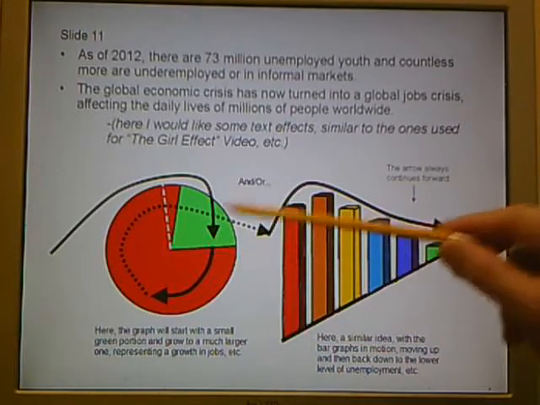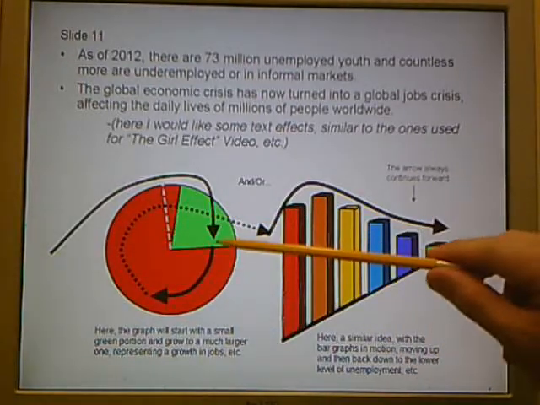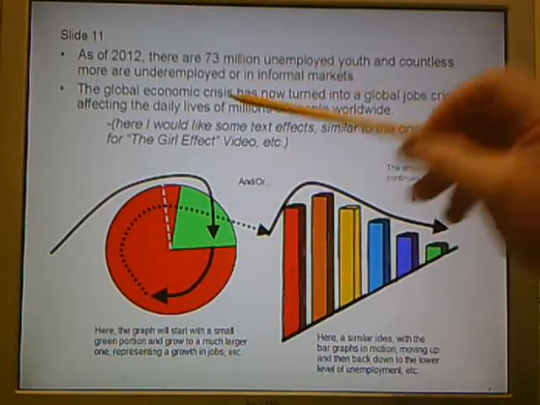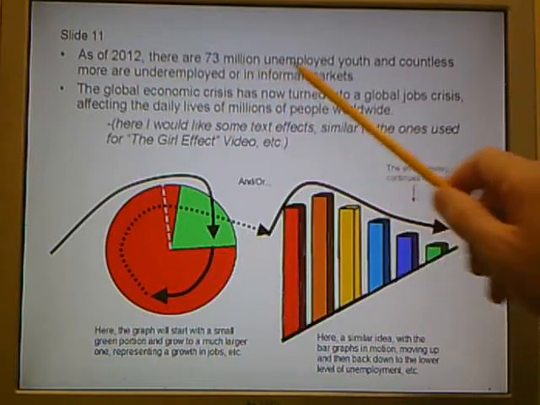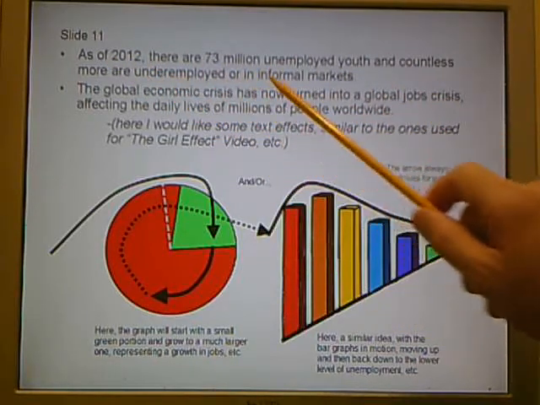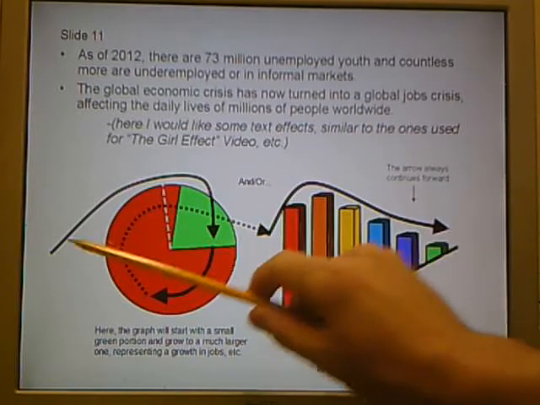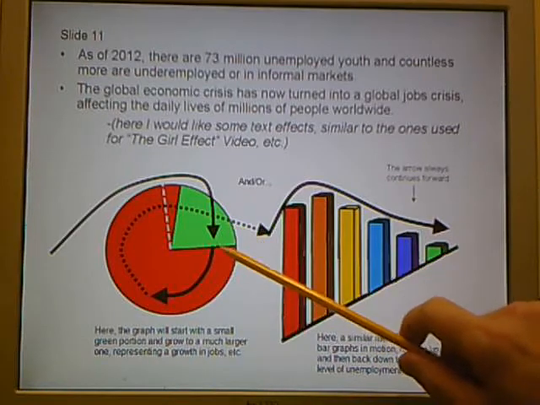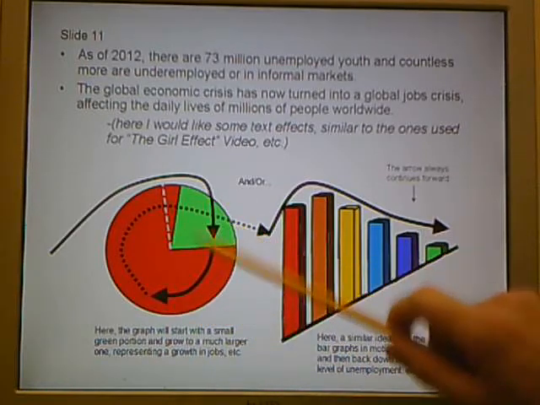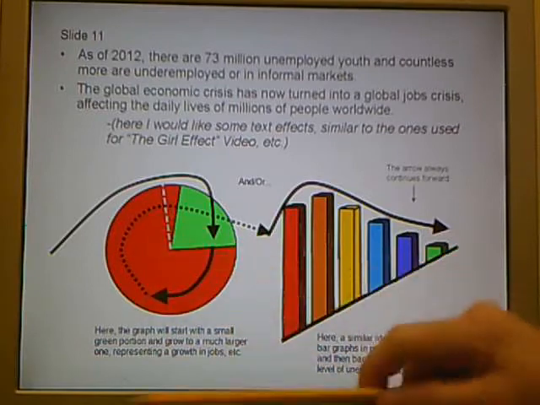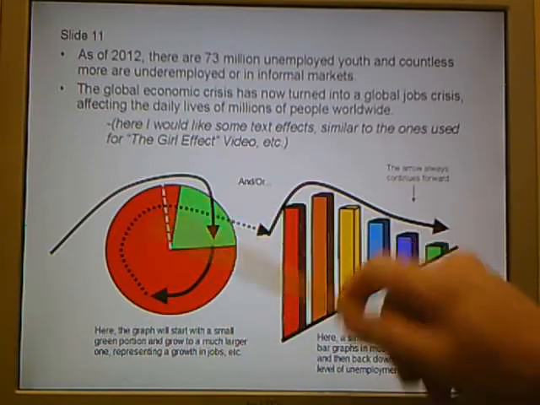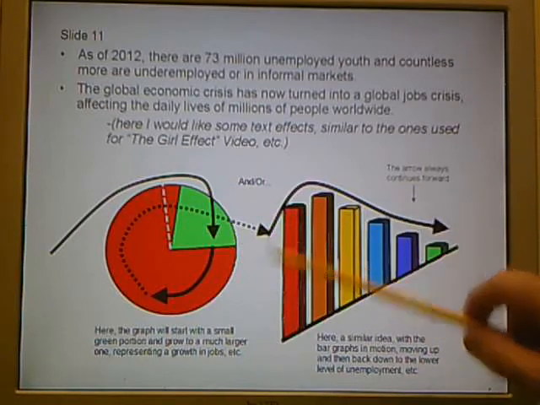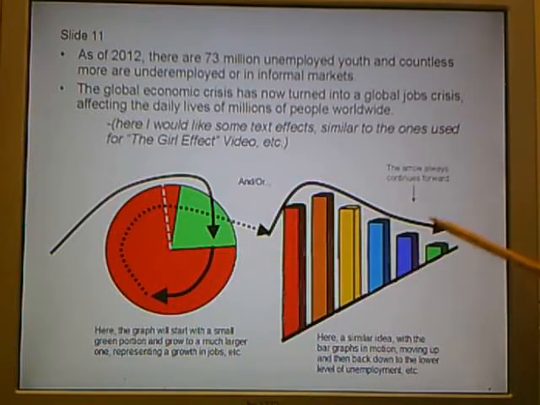Now, as the arrow continues, this graph isn't necessarily exactly what I wanted to do, but just to give an idea, whenever we present these figures, as of 2012, there are 73 million unemployed youth and countless more underemployed or in informal markets. Now, in this case, I had the idea that the arrow's going to come up, continue, go up, and maybe continue this green part around, green representing something positive. So try to start saying that the trend's going to change, maybe stop here so there's less unemployment, or the arrow's going to come up. As these rise up, the arrow's going to go up and over it, kind of in a 3D fashion, kind of like that, representing that the trend's going down and that it's improving.